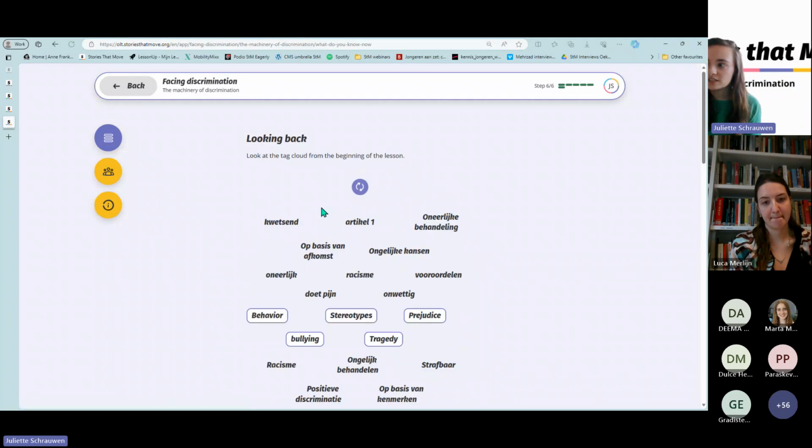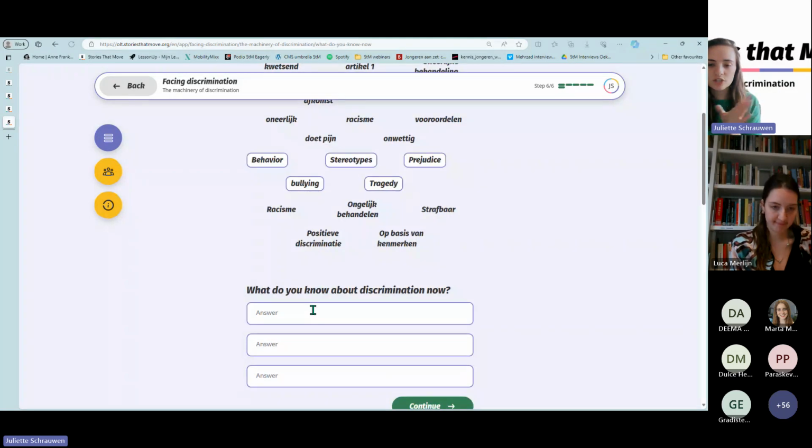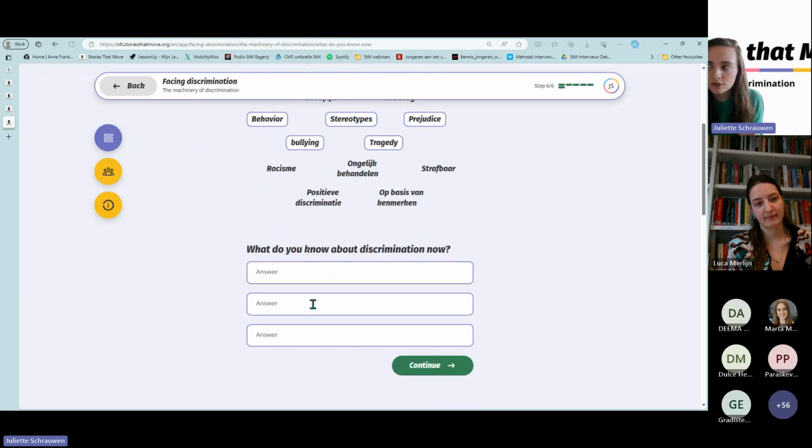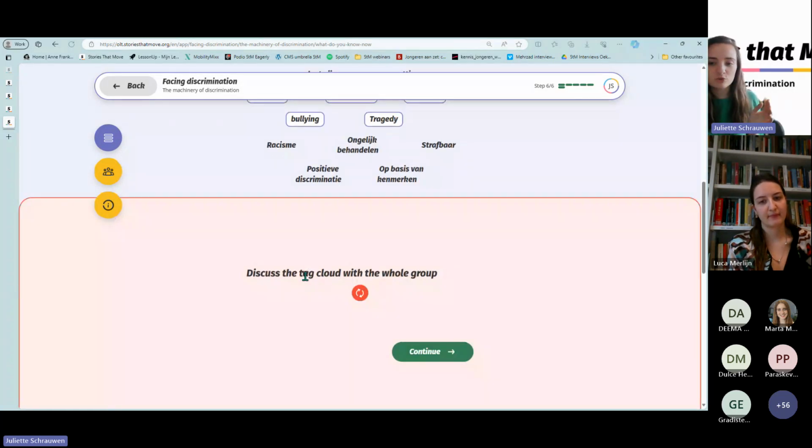And then at the end, they will again look back at the answer they gave before to see, hey, what did I say? And then they're asked again, what do I know now? And then they will get a workout again. So you can really track what they learned during this lesson from beginning to end. It's kind of how this one lesson is built.